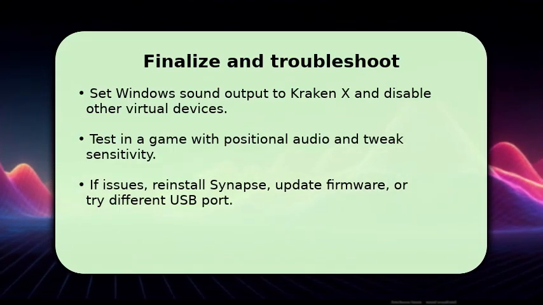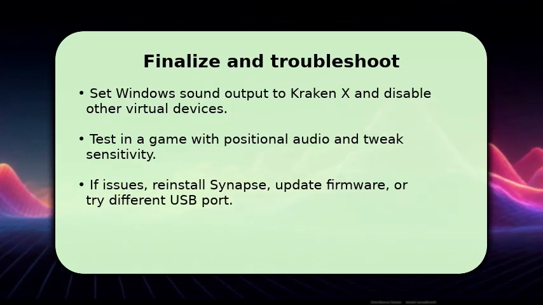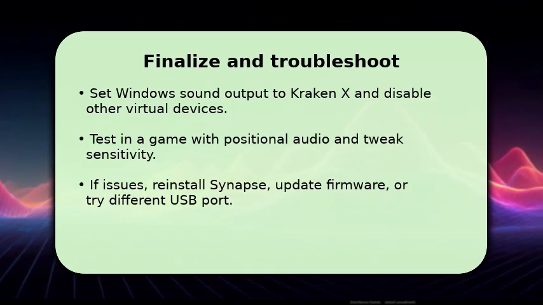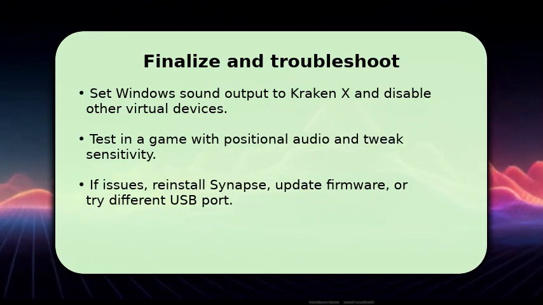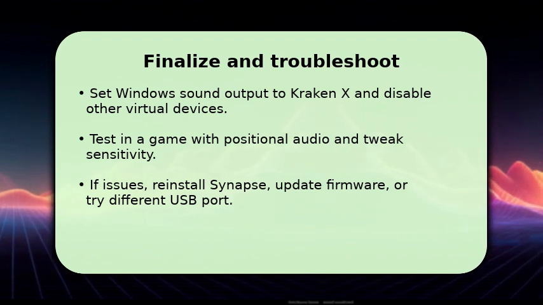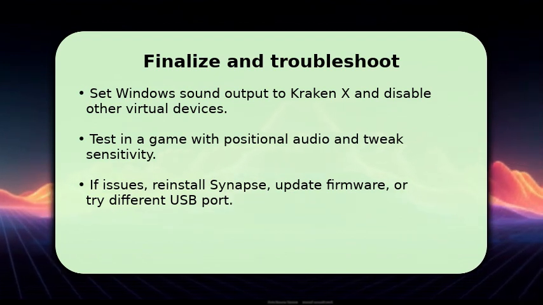If sound is missing or 7.1 won't enable, first update headset firmware in Synapse, then reinstall Synapse and try a different rear USB port. If problems persist, restart Windows and rerun calibration to clear